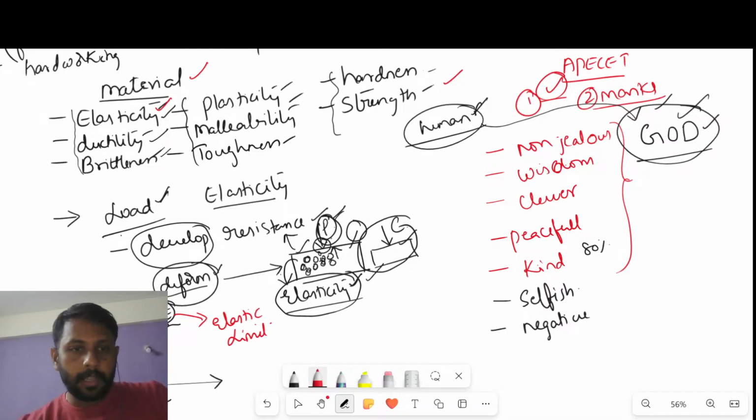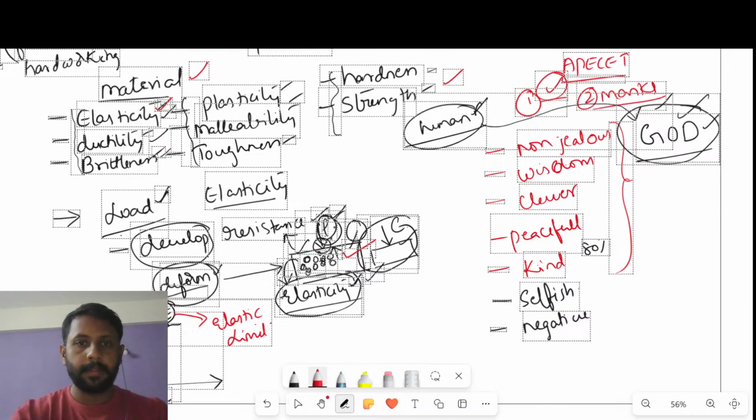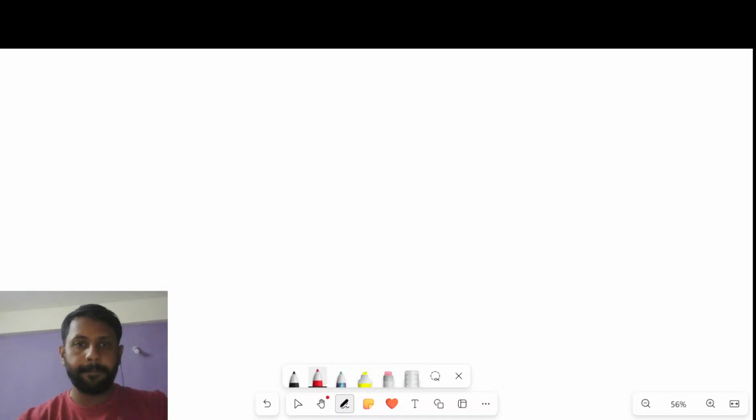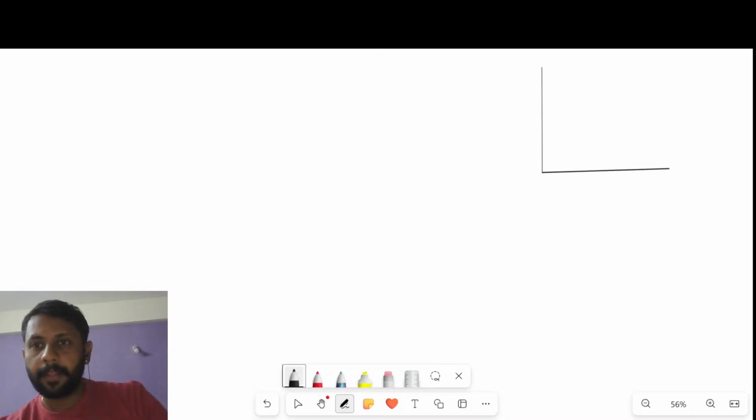So, what you have done is you started loading this object. Sir, it is not visible. Is the screen not visible? The graph is not visible, sir. Okay, right. I think now you can see the graph here. Yes sir.